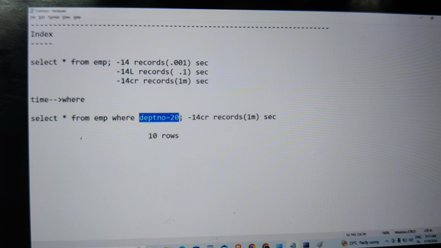The department has 10 records, and because of this it has to scan 14 crore times. If there is no where condition, no problem. But if there is a where condition, it takes time. On which column are you applying the condition? If this column is taking the time for these many records, then you need to apply the index on this column. That's all. Then performance is going to increase.